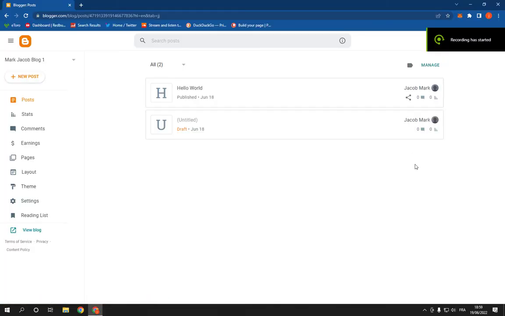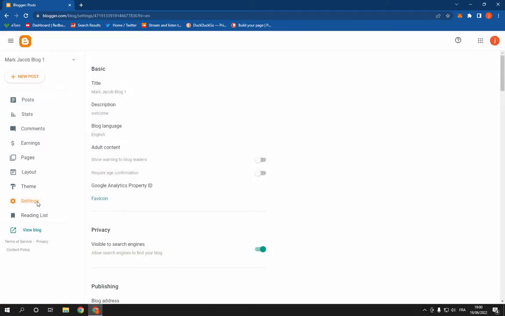How to manage and change your date header format on your blog or website on Blogger. Hello guys, so all you have to do is so simple. Go to Blogger. This is the home page. Now all you have to do is click here on settings and now scroll down